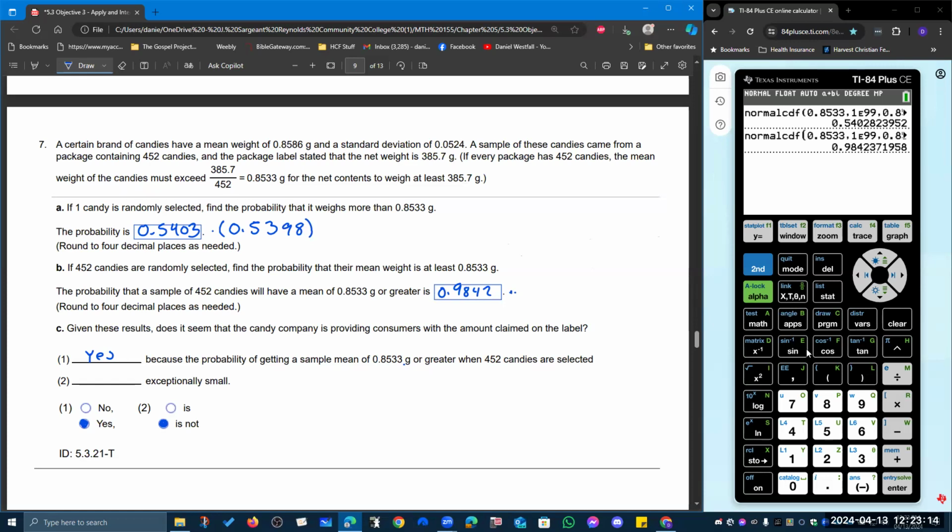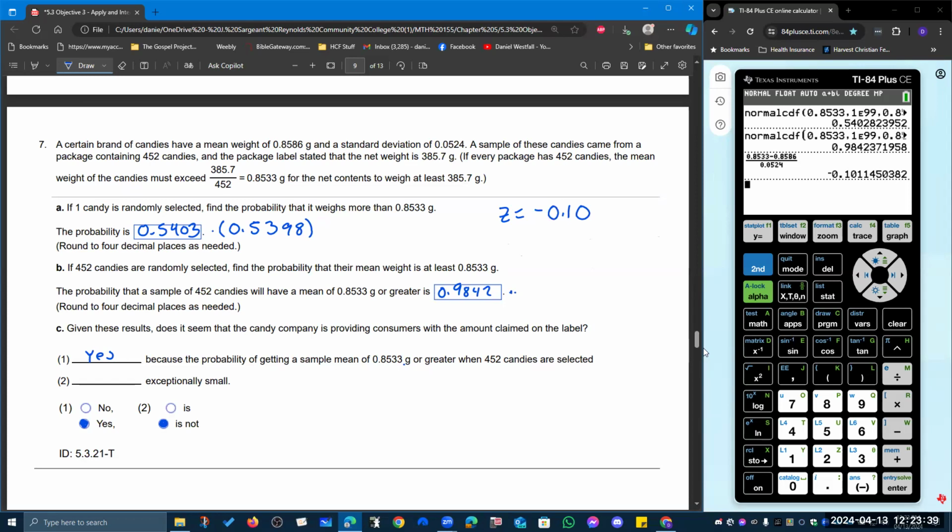I believe they took this z value here of negative 0.10, and they